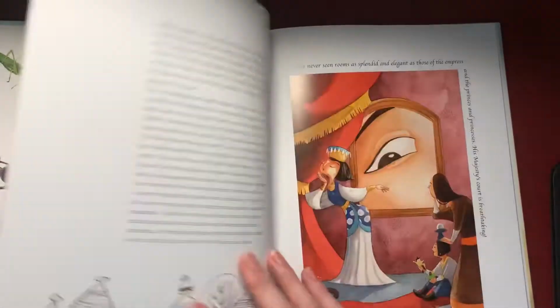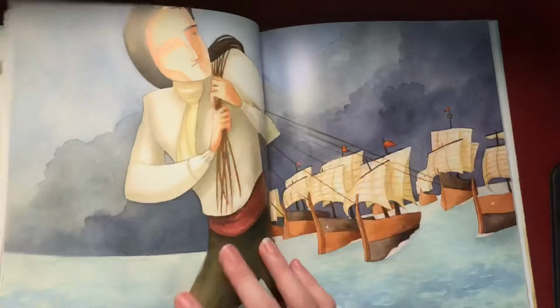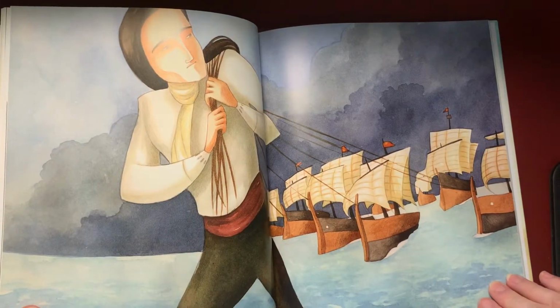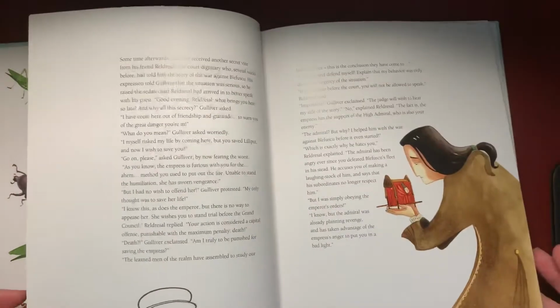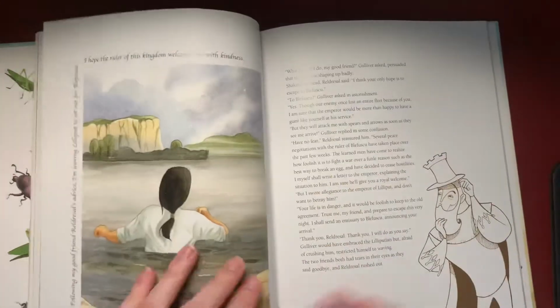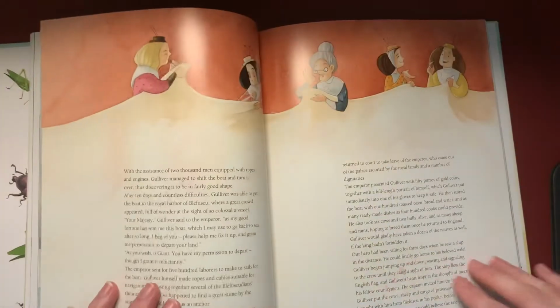And it does appear to have some really surrealism in the art. You see shapes that are unnatural sizes. There's a lot of text in here,